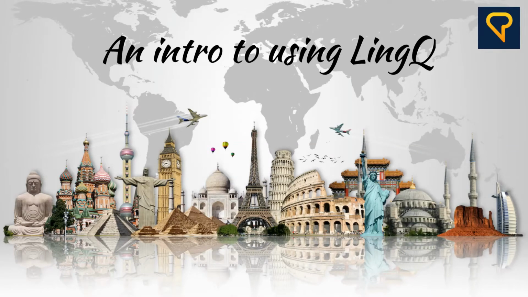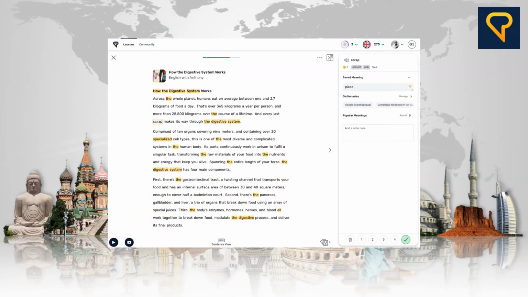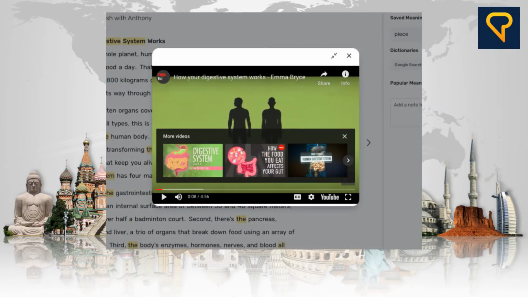In the future, as you become more familiar with LingQ, you will find other ways to use it to suit you. So you've clicked on the link and you have the lesson. The first thing I suggest you do is watch the video from the beginning to the end. Just watch it. When you finish the lesson, ask yourself, how much have I understood? 10%, 40%, 60%, 80%? Then close that down.